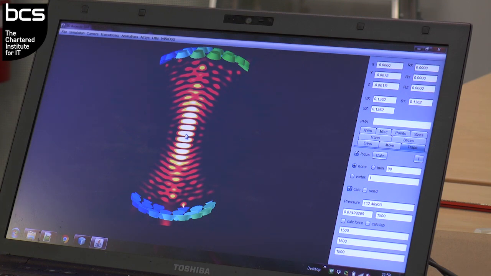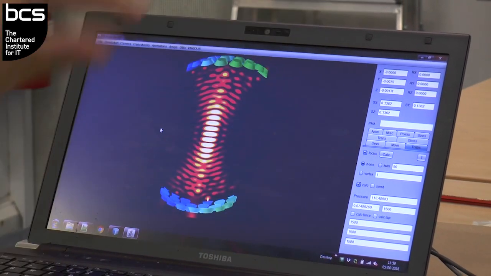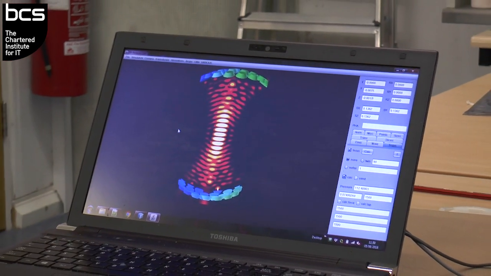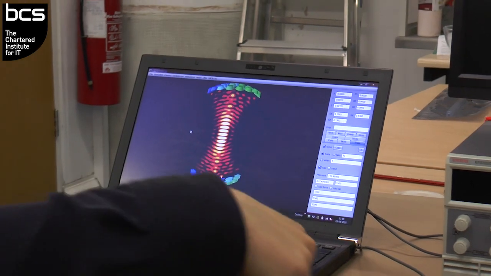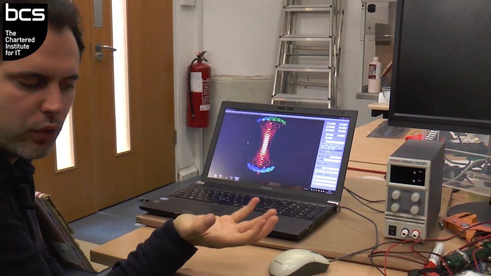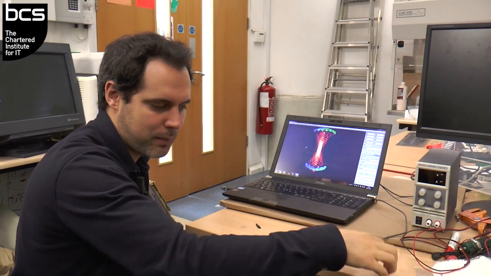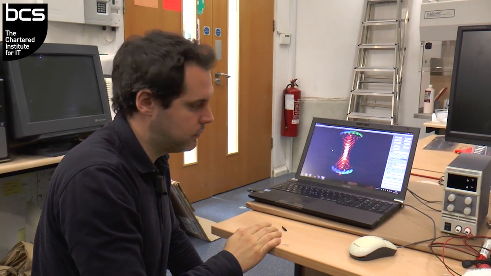I guess that will have more relevance for industry, won't it? If you can be more specific about where you can move objects from and to. Yeah, absolutely. We have some applications, pick and place machines for PCBs, printed circuit boards. You have these suction pumps now that pick the components. So we wanted to levitate the components and move and orientate them to different positions. And it's good because they can be as small as you want. You don't have any problems picking them up and moving them.